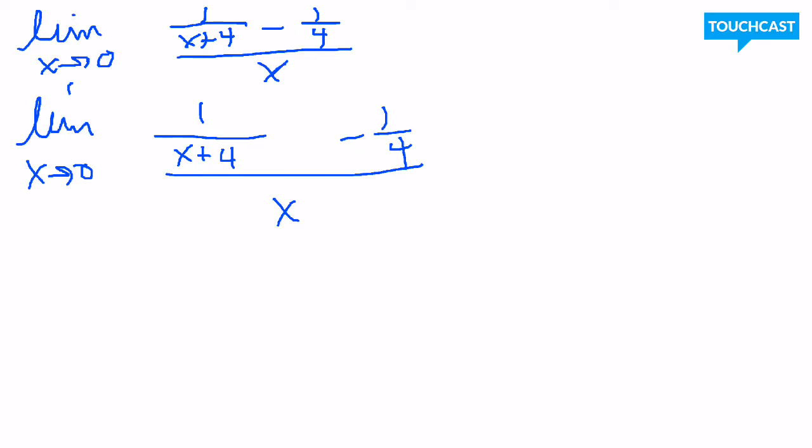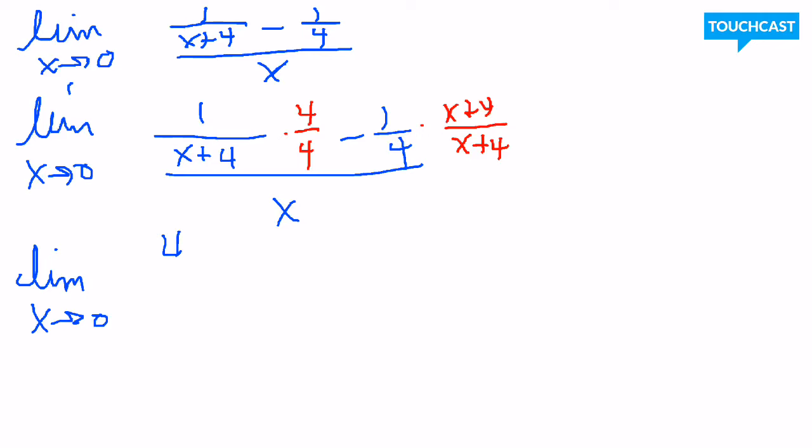So my common denominator up there in the top half of my fraction is going to be 4 times x plus 4. So I'm going to multiply that fraction by 4 over 4. And multiply this by x plus 4 over x plus 4. There's my new expression. That's equal to the limit as x goes to 0 of 4